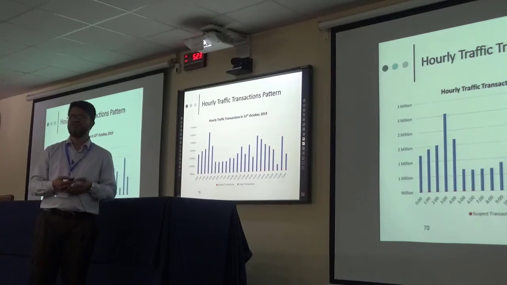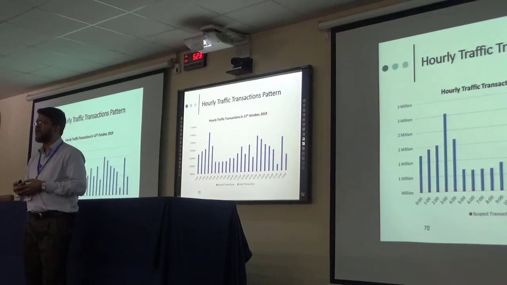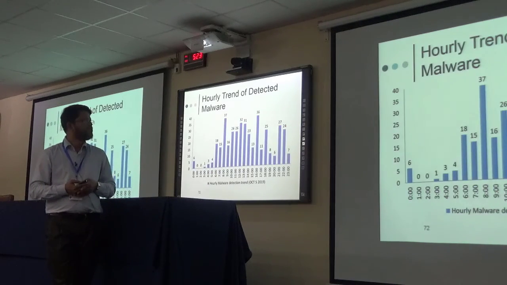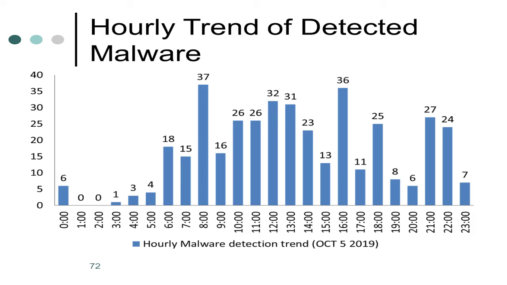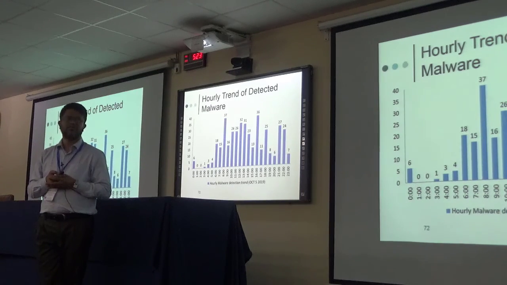But I think there's still a lot of data processing or data analysis that can be done to find if there is a correlation in there. So this is on how many hourly packets. Again, we do not see any particular trend in terms of hours. So we wanted to see whether in a particular hour we can find any particular malware being detected. This was not available there. So most of the time we see some malware detected, so we cannot say this is what happens every day or at a particular hour of the